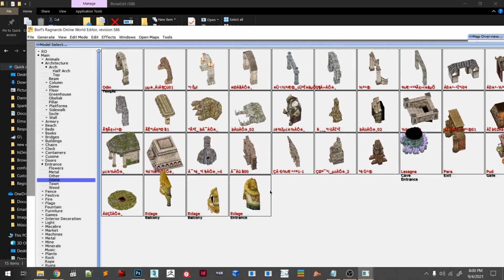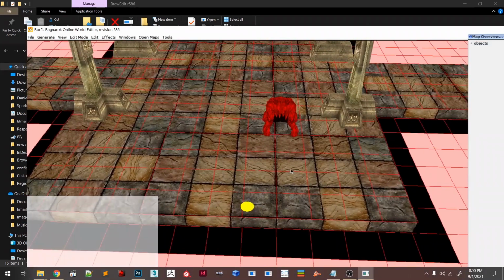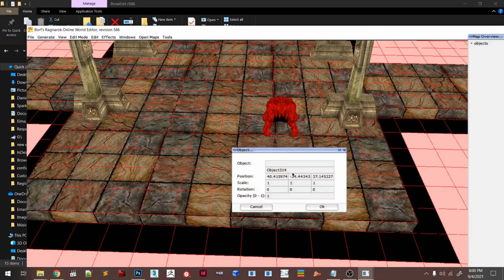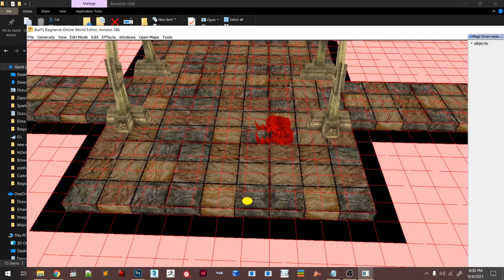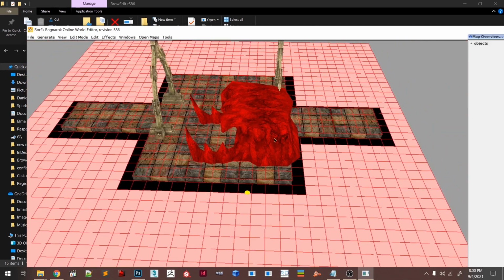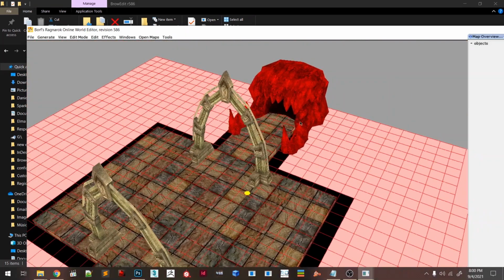So I like this one. Let's try. You can see that this is pretty small. So if I want to rotate from here, I can just go, I think this one, press 90 and rotate it. Now I want to make it bigger, so I'll press 5, 5, 5, maybe too big. I think that's okay. And I'll place it right here.